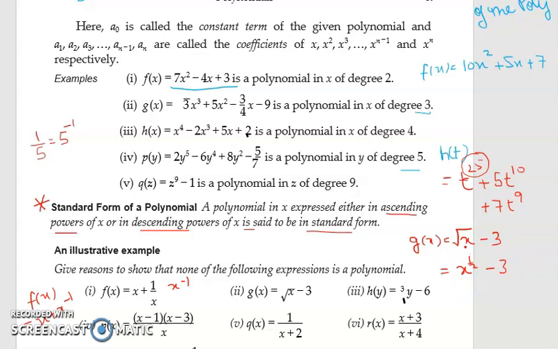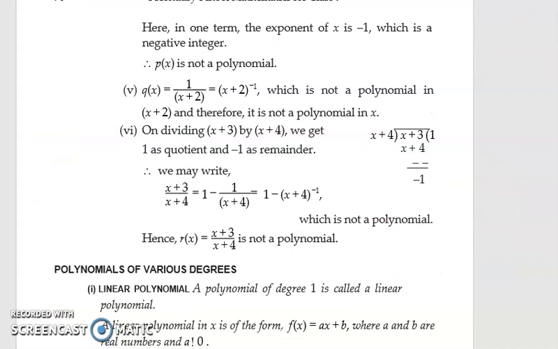If this had been x square, x raised to the power 4, see here, these are our integral values, 3, 4, 5, 9, which do not have any denominator, it is 1 here. It is not in the form of rational, but integral values. So that is why this is not a polynomial. Here it is cube root, so the power will be 1 by 3. Why? It is not an integral value. So therefore this is also not a polynomial. So for the 4th, 5th and 6th you should solve and tell the answer. Now I'll proceed. So all these are there.